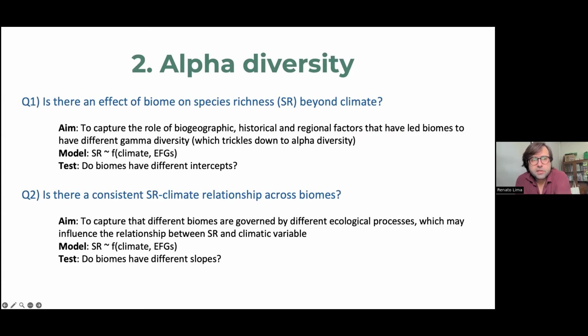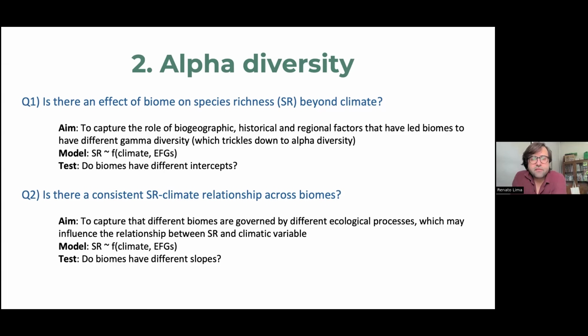So a different work package now is not only about big numbers and big numbers by biome, number of species, it is more about describing alpha diversity. So what is the explanation for the number of species per plot? And here we are trying to explain alpha diversity in terms of climate variables, but also in terms of the biomes themselves. So whether the biomes have different relationships between alpha diversity and climate, but not only climate. I'm going to show you guys, real quick, the models are not only climate.